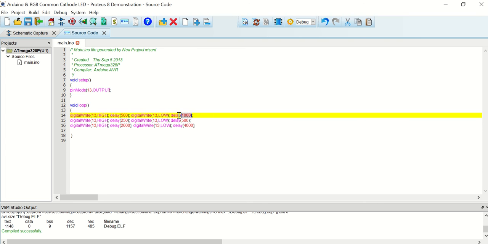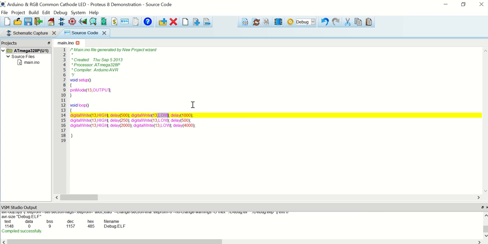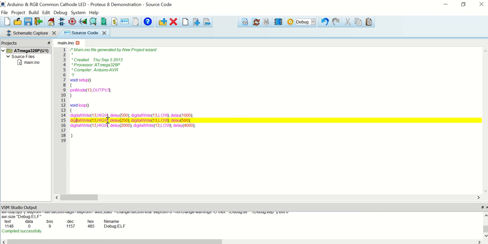And the next thing is delay 1000 and digital write 13 low, that is the 13th pin will have low voltage, that is the LED would not lit for 1000 milliseconds. Then next is delay 250 and digital write 13 high, that is the 13th pin with high voltage for 250 milliseconds, and so on.